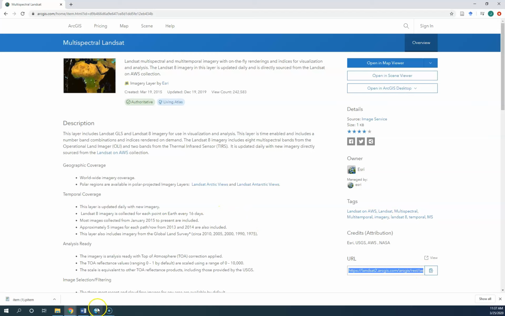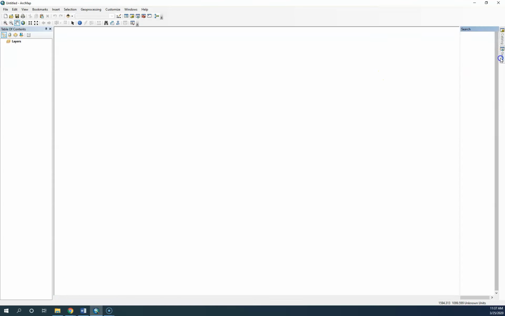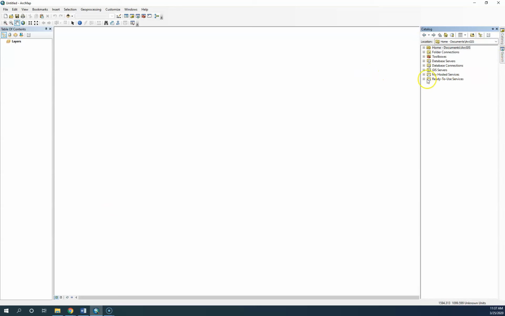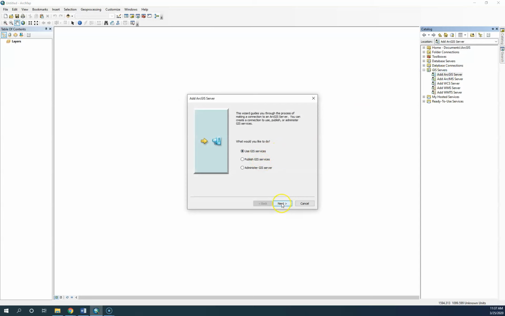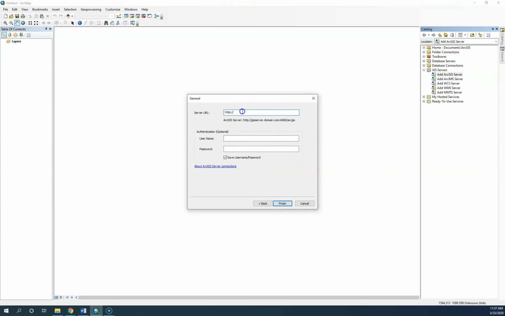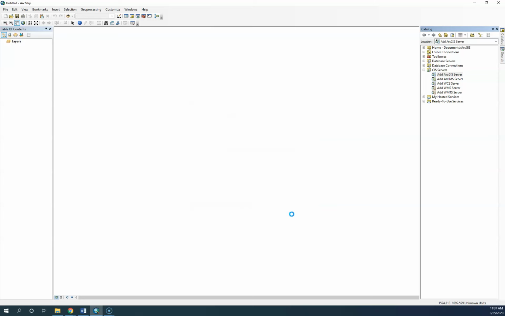So I'm going to go back to ArcMap and go to Search, or Catalog, and then GIS Servers, and I'm going to add an ArcGIS server like it shows on the tutorial. Use GIS Services, and I am going to copy in that address. When I click Finish,